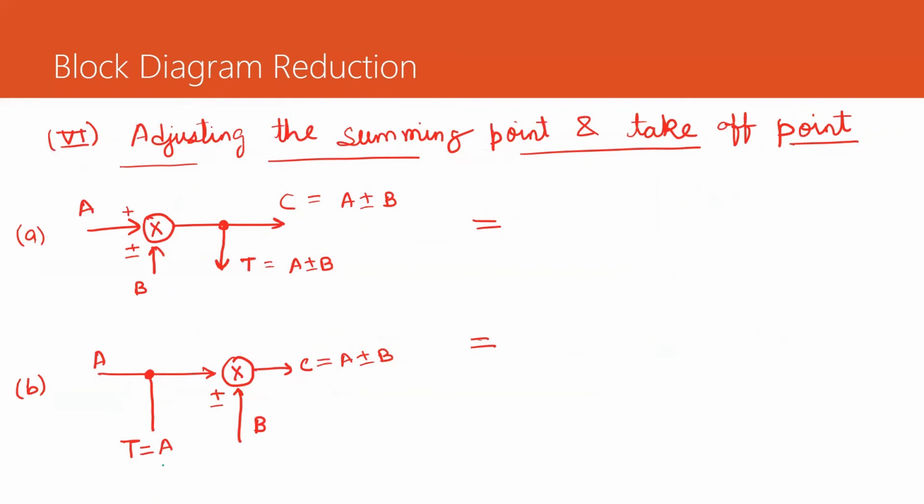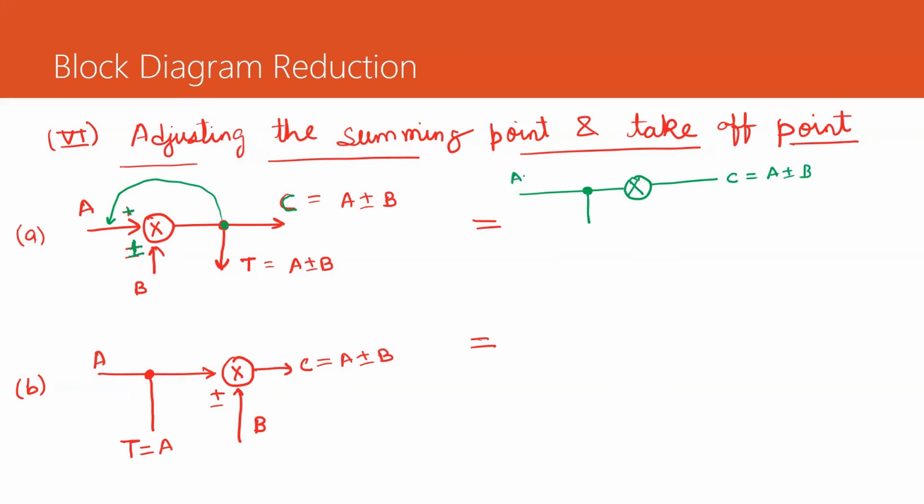Now, the sixth rule is adjustment of a summing point and a takeaway point. Okay, so over here now you can see we have one summing point and afterwards we have a takeaway point. So when we apply input to this particular summing point, a plus minus b, we get an output which is nothing but a plus minus b, which equals this takeaway point a plus minus b. But if I move this particular thing over here, okay,